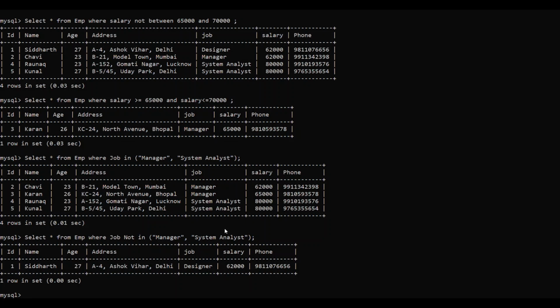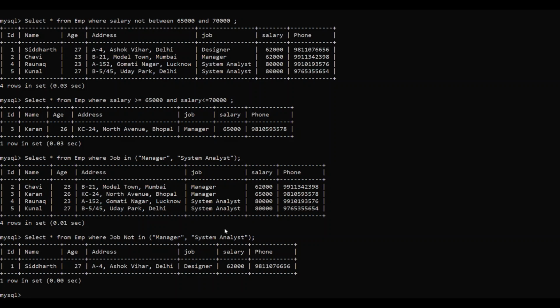We have a like keyword also that can be used for pattern matching. Now patterns are very important to recognize for char or varchar values. If I do not know the exact data value that I want to search for, but if I have some approximation of that data, like for example, if I say display all the employees whose names start with K. Now I'm not specifically talking about Karan or Kunal or any other name. I am just saying display all the records where name starts with K. This is a pattern that name must begin with K, right?